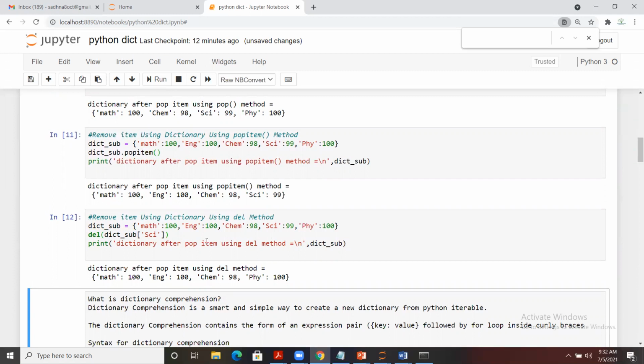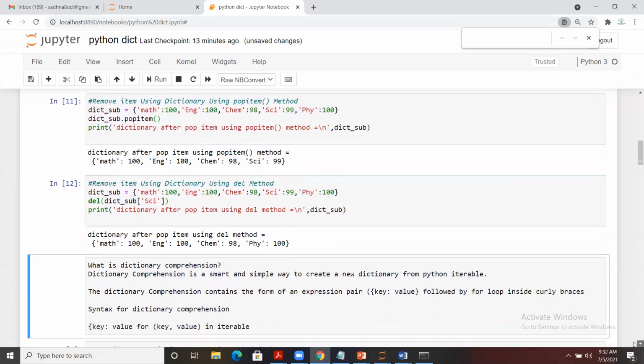Right, so these are three different methods to remove any particular value or item from a dictionary. One is pop. If you're using pop, you can pass the key. If you're using popitem, by default it removes the last element. In case you want to delete it using the del method, you can use del as well. So this is the syntax to do it.